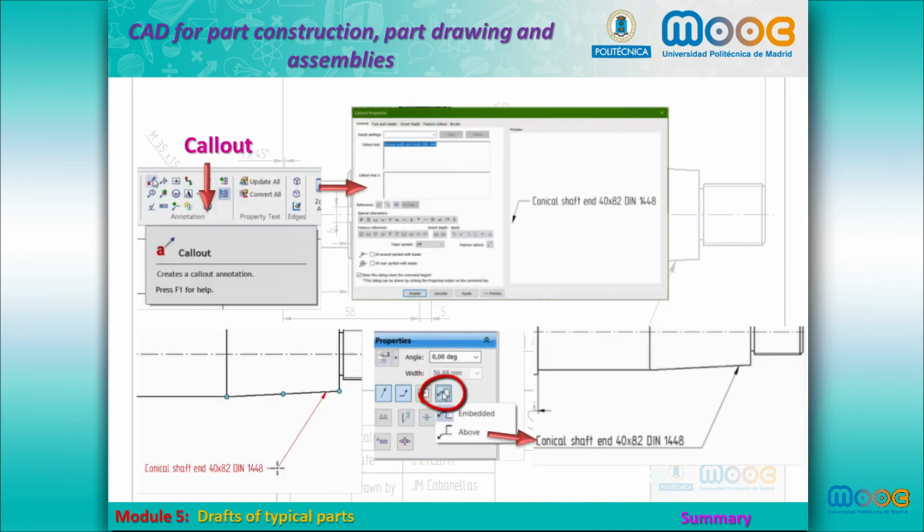Also, we used the callout tool, which has a lot of options and allows us to represent the correct dimensioning that follows the international standard, like in this case, the conical shaft end of the standard DIN 1444.